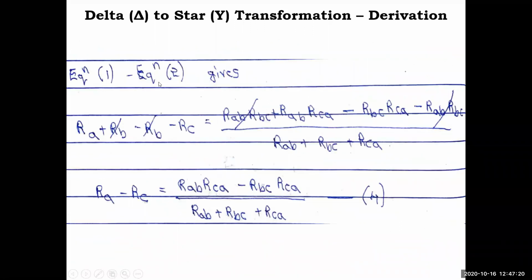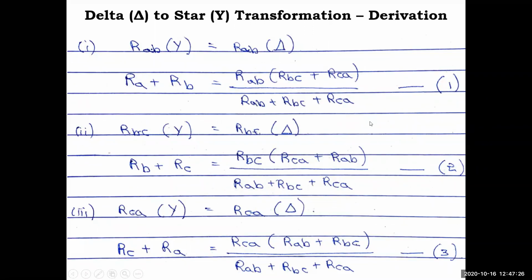So what I'm doing is equation 1 minus equation 2. Okay, so in the previous equation 1 minus equation 2 I am doing, what happens, RA plus RB minus RB minus RC. So RB cancel out, I will get a new term RA minus RC. So which I can add with equation 3 so that I can get the RA or RC something. So that is what I am going to do.